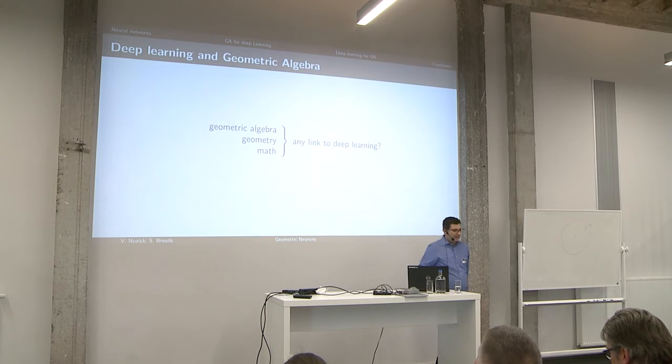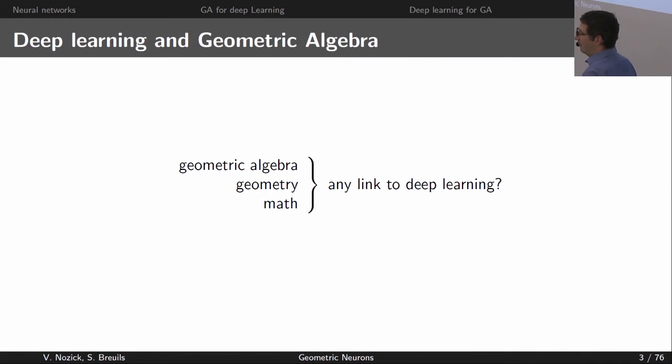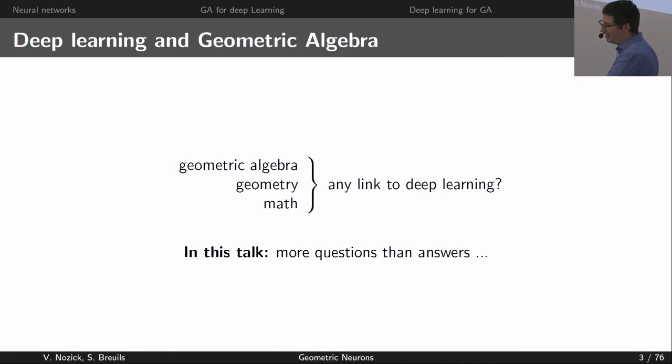Okay, so actually for that talk, Stéphane challenged us to talk about deep learning and geometric algebra. And since there's not that much work on this topic, this is a more explorative talk that is trying to make any link with deep learning between geometric algebra, but also geometry and mathematics. So this is what I will try to do in this talk. And since it's a kind of exploration, I think in this talk there will be maybe more questions than answers. So what I hope is that at the end we can talk, and I hope this talk can stimulate us.